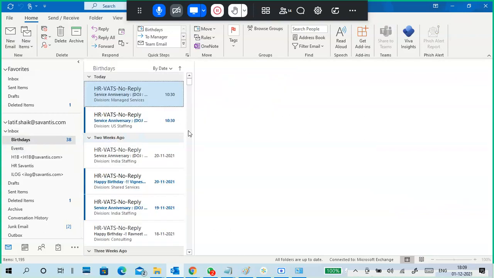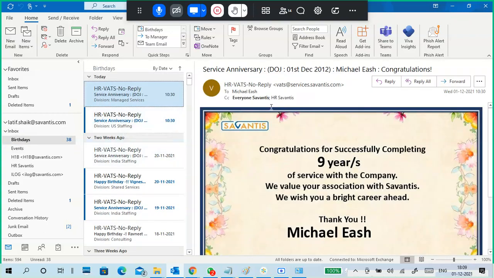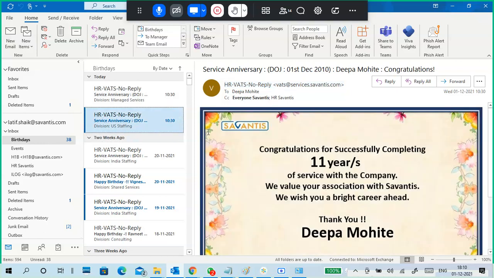So what I am doing is I keep all birthday-related mails separate. Whenever a mail is received like this, I create a folder under inbox called birthdays, with a rule on the subject containing birthday. Automatically these anniversaries and birthdays go to the birthdays folder only. It's not important, only to notify someone's birthday. It is not work related, it's just to know.